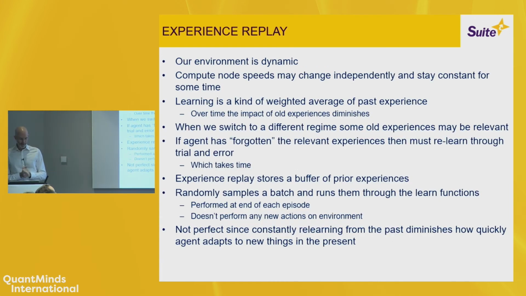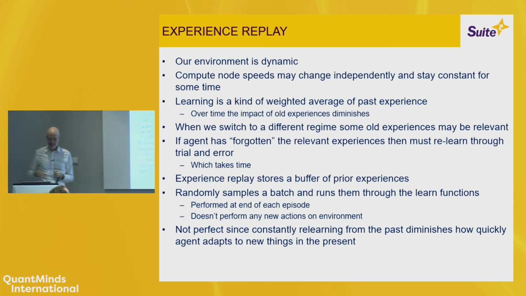Now, in terms of things that we can do here beyond that, we can add experience replay. So our environment is dynamic. The compute node speeds change independently and may stay constant for a while and change back, and so forth. Learning is, in a sense, a weighted average of past experience. Over time, the impact of the old experiences will tend to dissipate. So if we switch to a different regime, then we might have some experiences in the past that are relevant. And if the agent has forgotten about those, then it's going to have to relearn them through trial and error,